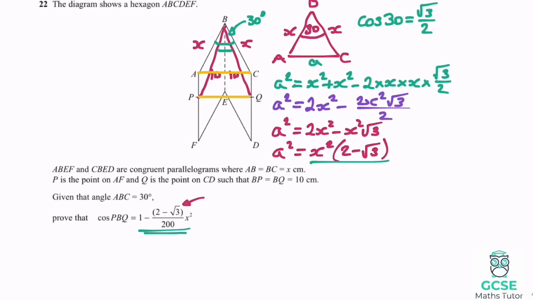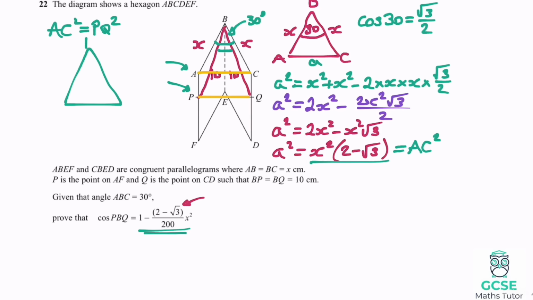But that length AC here is the same as the length PQ. So this is AC squared, which I've just worked out, and that is the same as PQ squared. So I'll say AC squared is equal to PQ squared. So I've actually got an expression for PQ squared, the bottom of that other triangle that we're having a look at. And if I draw that triangle out,